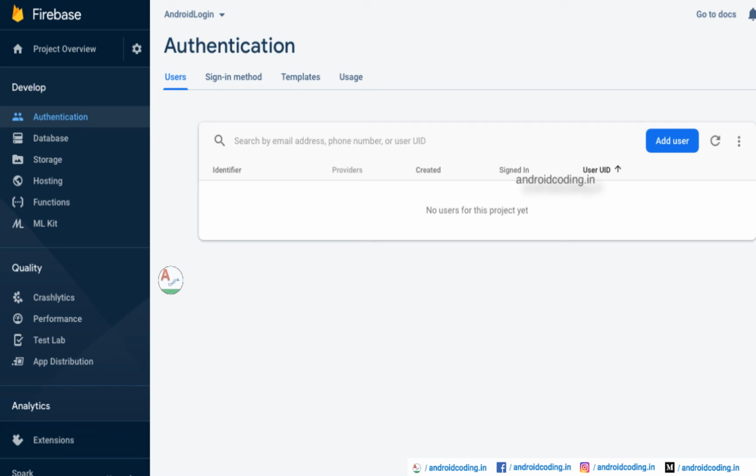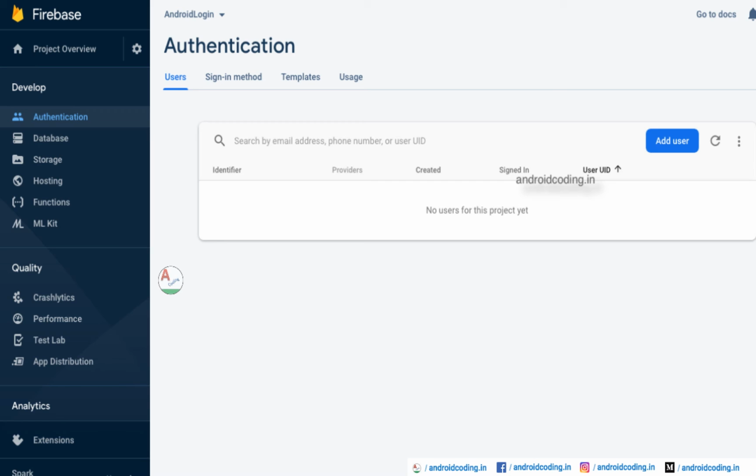So here in the authentication section, whenever you log in to the authentication section, if you are having any trouble reaching this particular screen, the detailed code is available on our website, and the link is provided in the description section below.